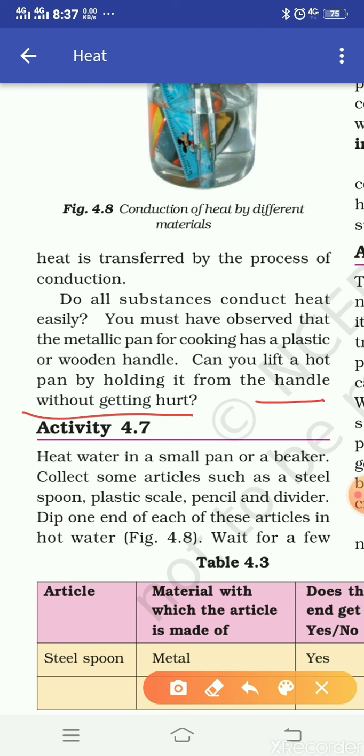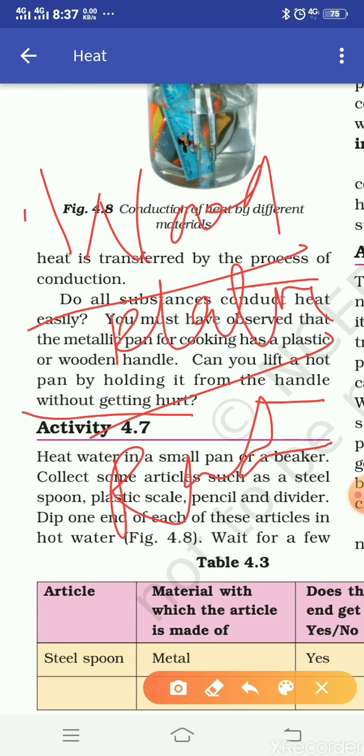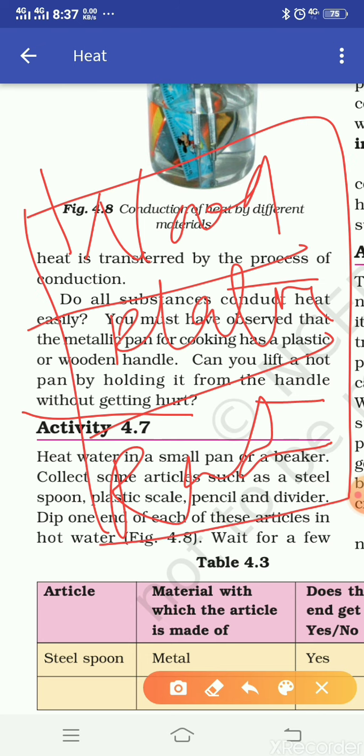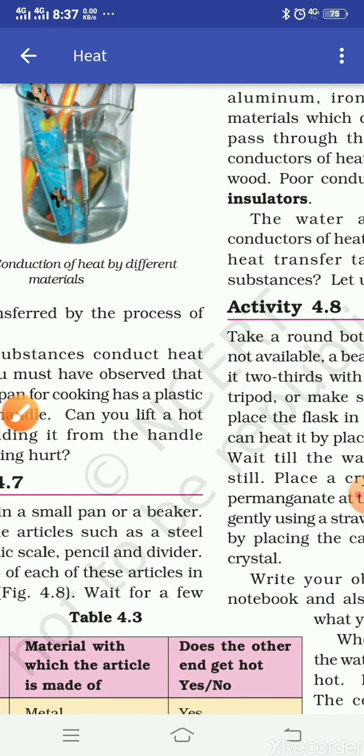It means wood, plastic, rubber and other substances do not allow heat to pass through them. Clear? So conduction is a process for some special kinds of objects.